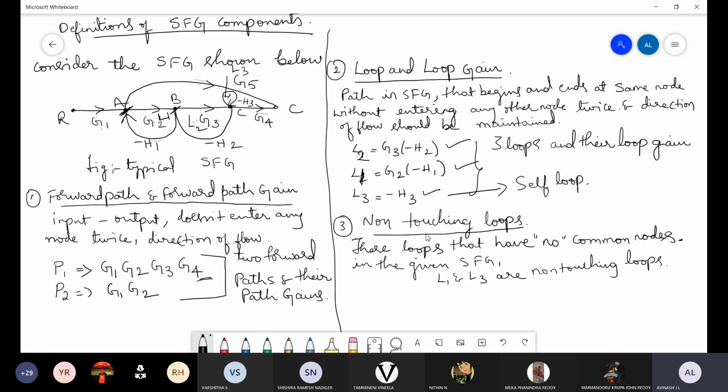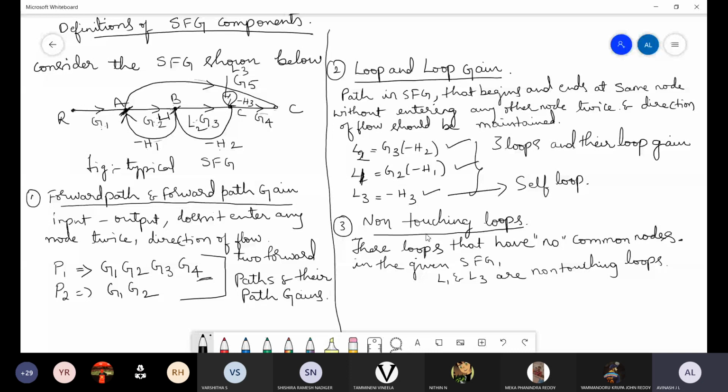Clear? So when you are doing loops and loop gains, when you start from the beginning, always try to consider loop 1 which is at the beginning only. Why? Because all textbooks follow the same method. In the examination, if you consider the last one as L1, problems will happen. The examiner, in a hurry, may think that the student has considered it wrongly, so you may get fewer marks also.